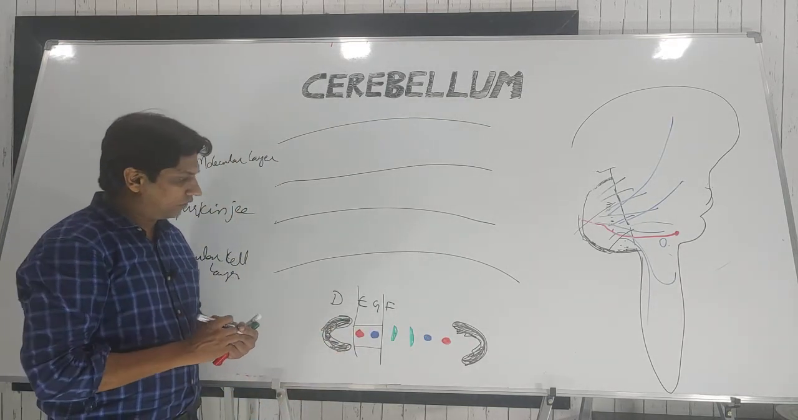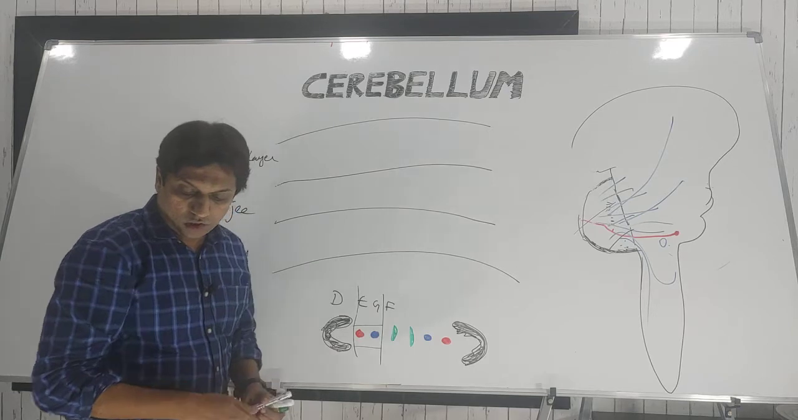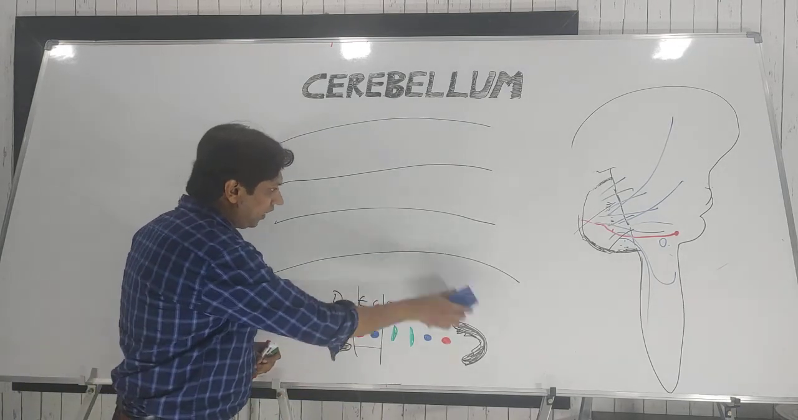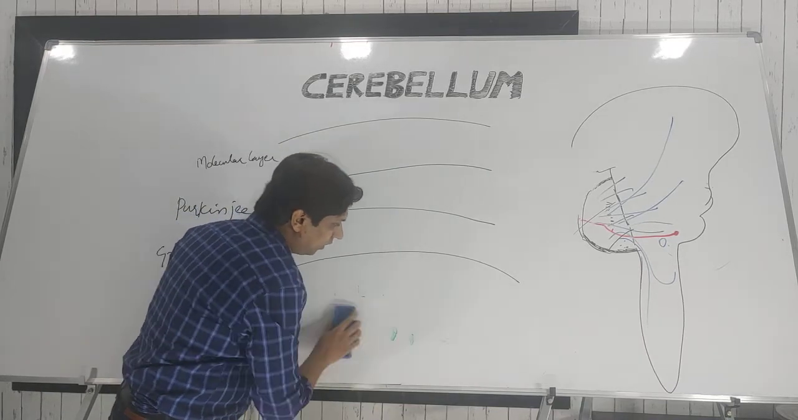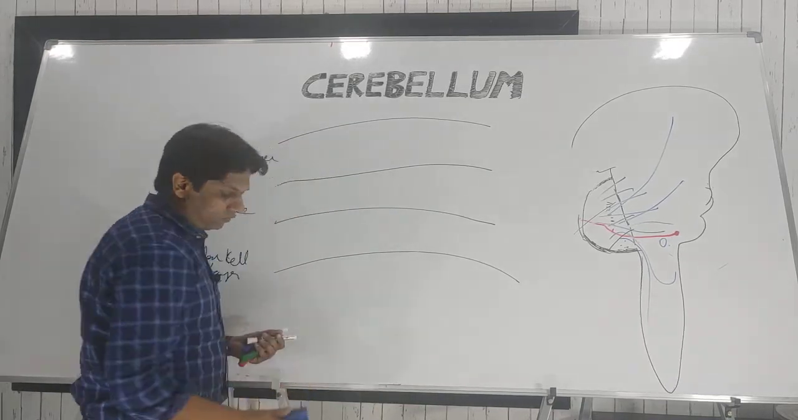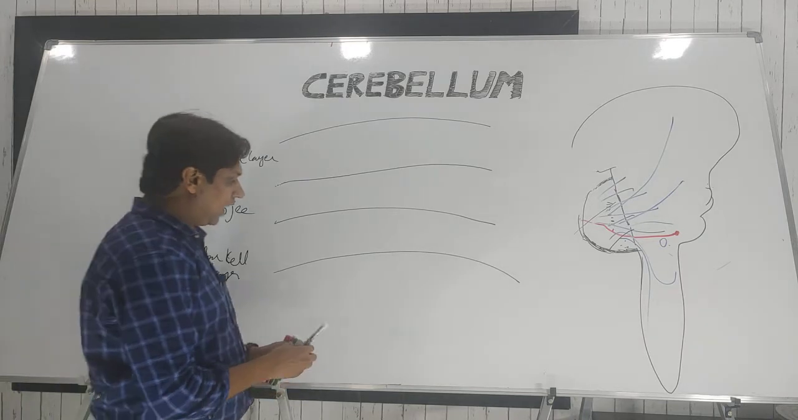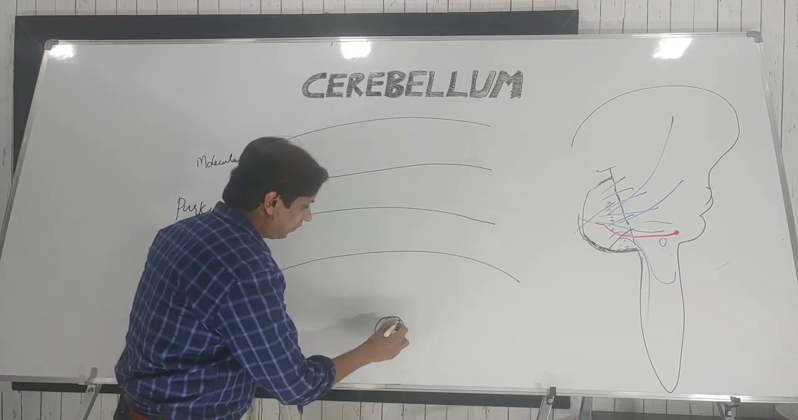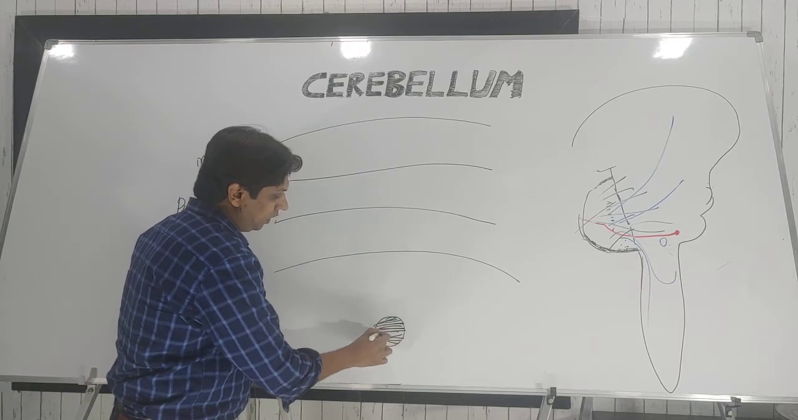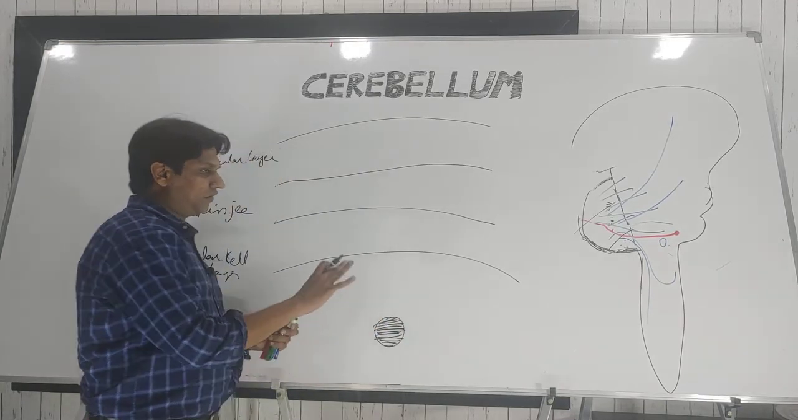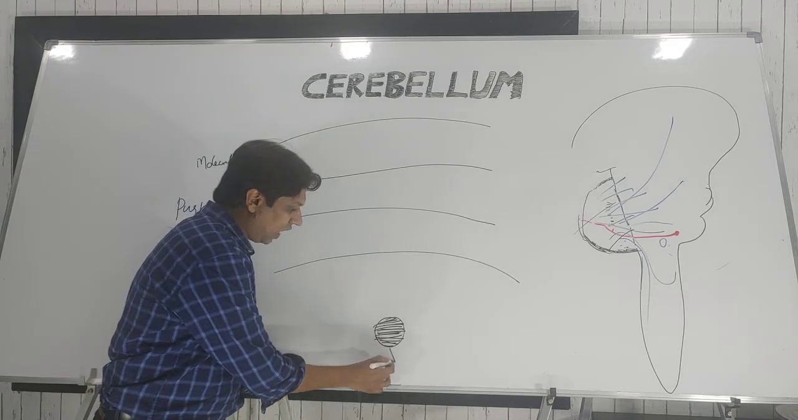Now we are going to discuss which is the major output of the cerebellum. So this is the cerebellar cortex with three layers, and inside it the deep cerebellar nuclei will be there. I am going to just draw one nucleus. Consider this as a deep cerebellar nucleus. It could be dentate, emboliform, globose, or fastigial, any nucleus. It is the final output